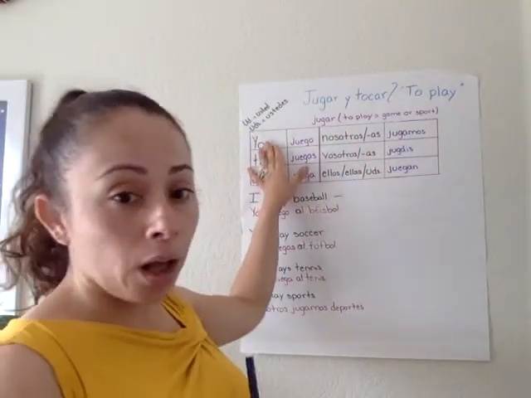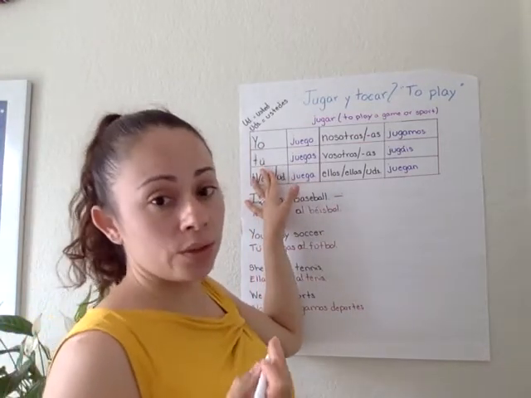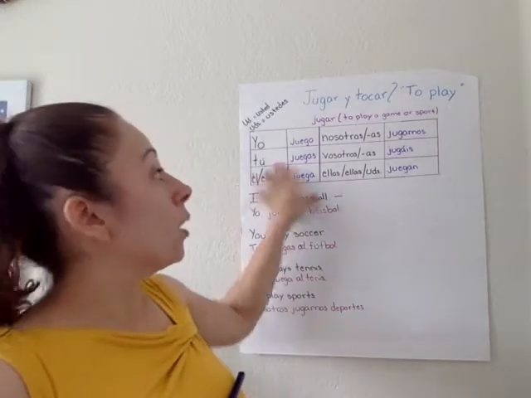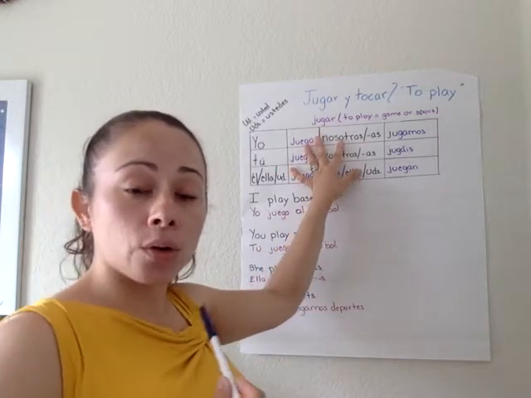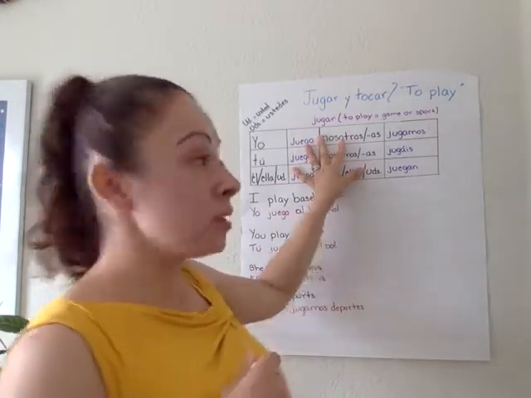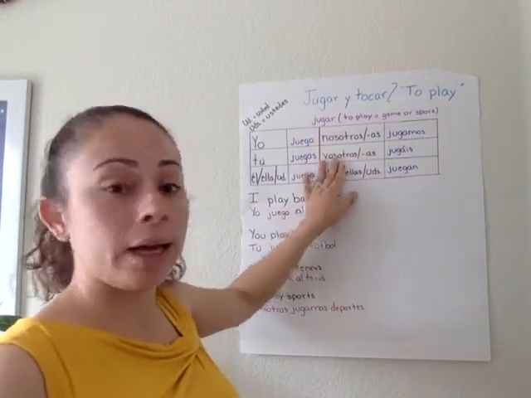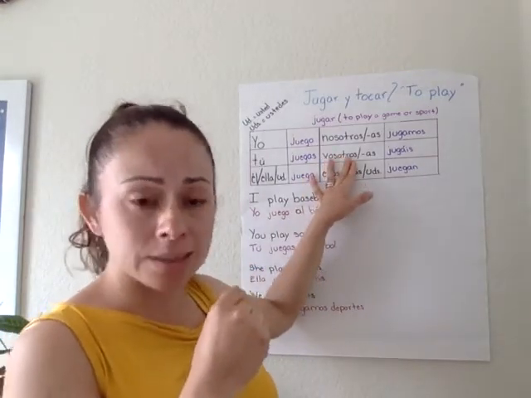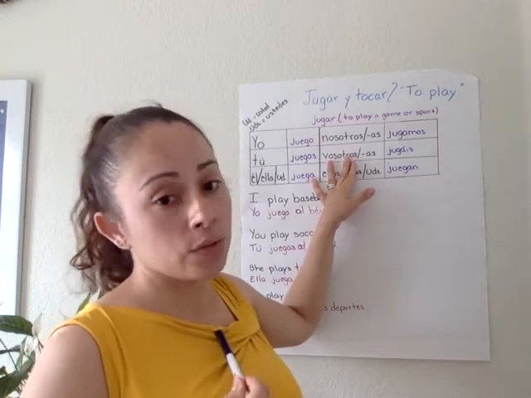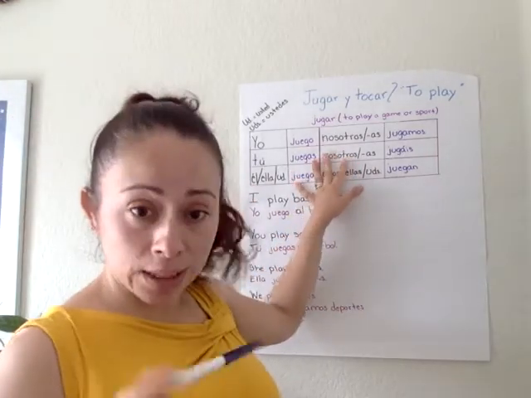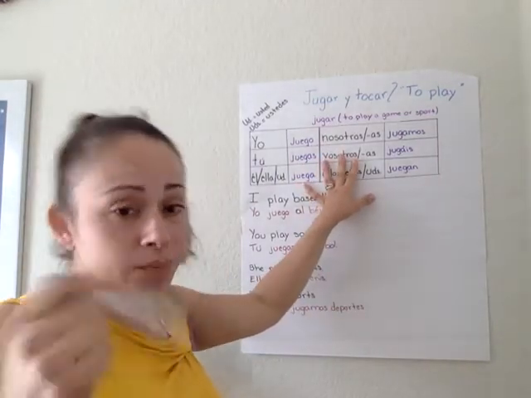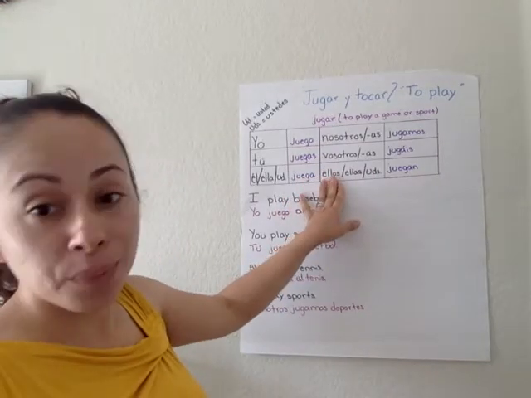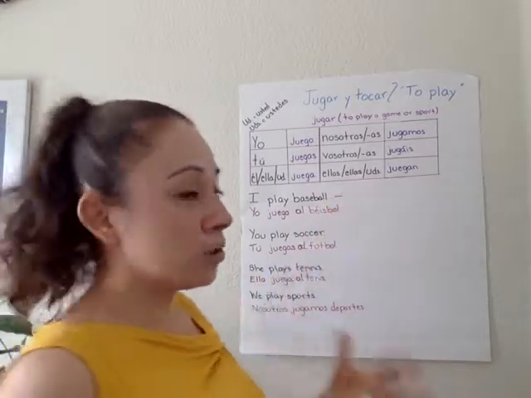So yo, we already know, means I, tú means you, él means he, ella means she, and usted means you formal. We know that nosotros means we boys or a mixed group of boys and girls, and nosotras is just we girls. We have the vosotros form that I wrote to show you how it works, but as you know, in my classes I don't teach you vosotros, okay? So it's vosotros, vosotras, OS for boys or a mixed group, AS for girls. And then we have ellos, they boys, ellas, they girls, ustedes, you